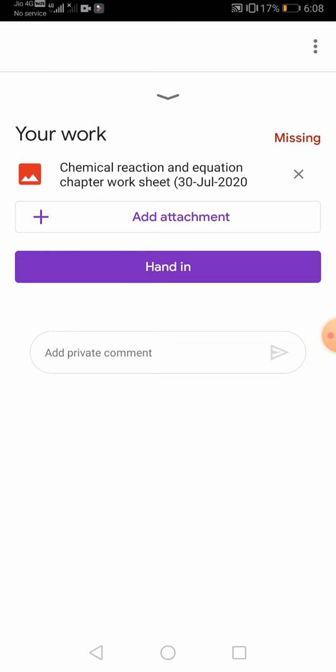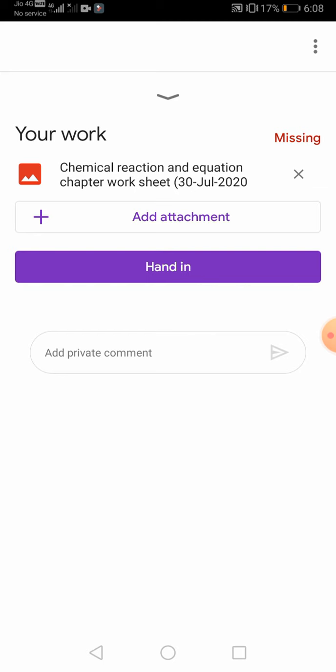If you submit in this way, if there are multiple pages, in case of a worksheet, it could be difficult to download all those pages. And this is because the correction option is quite difficult in classroom. That's why we decided to take a printout of what you have written, meaning what you have submitted. So you need to club all the pages you have written. The only option for this is to convert all the pages into a PDF. So don't do it by taking the photograph.